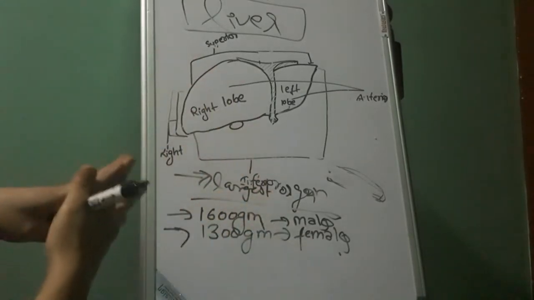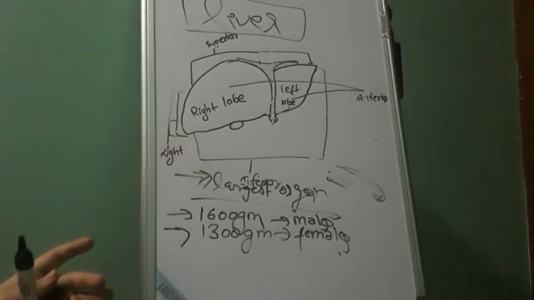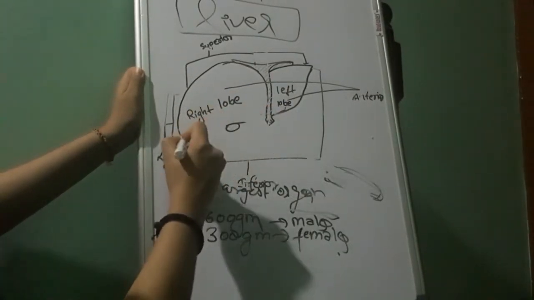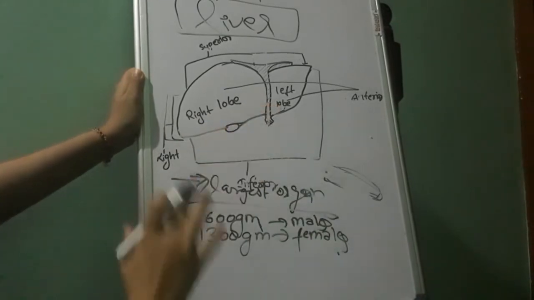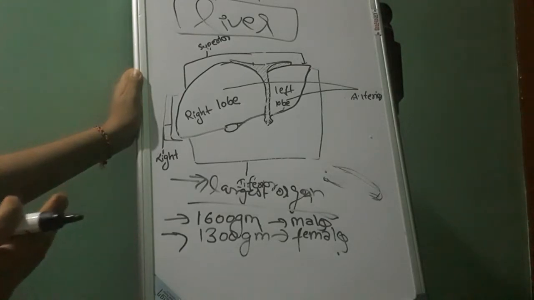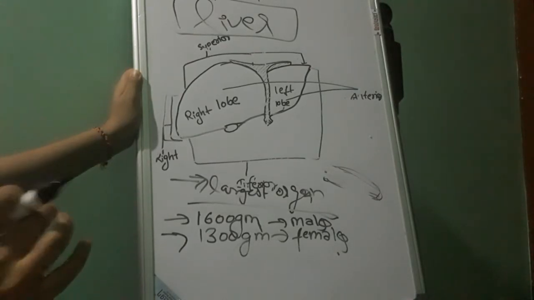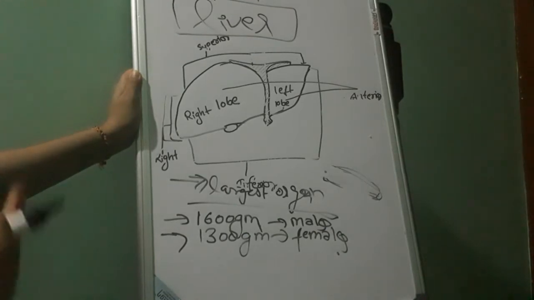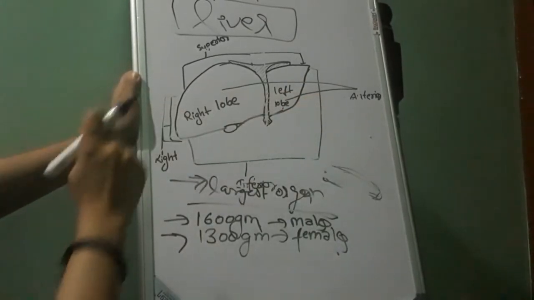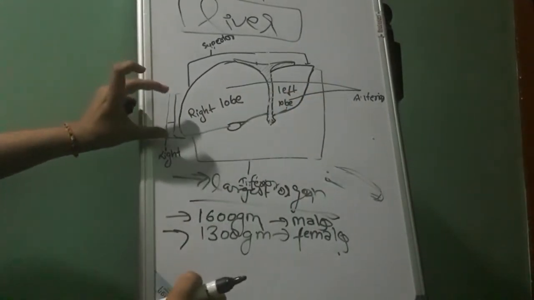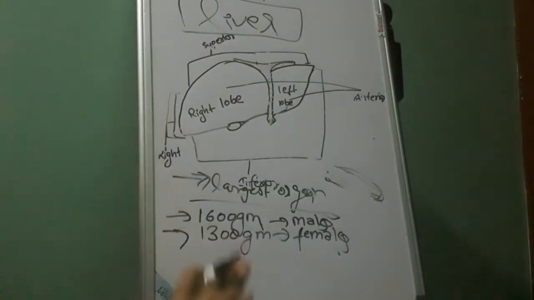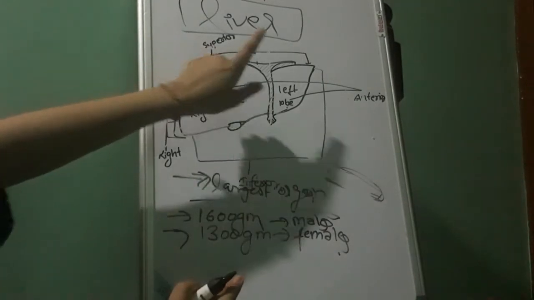For now, to understand, there are five main borders. The inferior border is quite sharp. I have not shown it very sharp here, but it is very sharp. In every organ there is one structure which helps us identify which border it is, one border that is very sharp and easily identifiable. This prominent sharp border is the inferior border. Then this is the right border, this little bit part. The upper one is the superior border, then the anterior one, and the backside is the posterior border. Right lobe, left lobe.